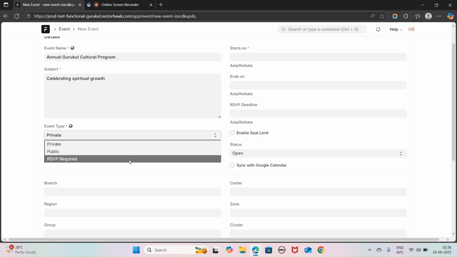Basically, participants need to confirm in advance whether they will attend or not. This helps the organization plan better, like arranging seating, food, or other resources. It gives the organization a clear idea of how many people will attend, and helps them make the right arrangement for the number.